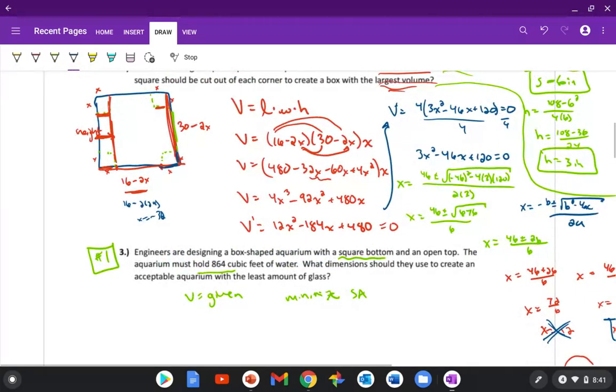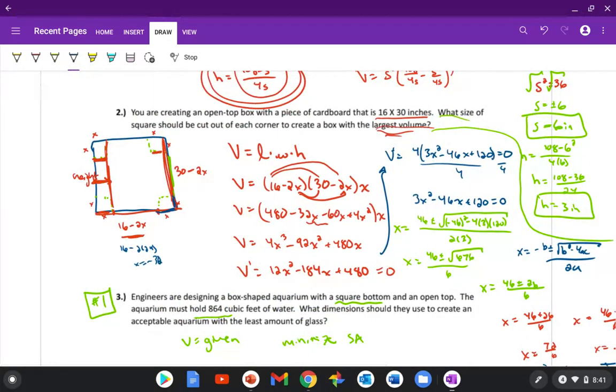All right. You do not have a similar one to this one, but I wanted you to at least see one like that because it is possible you might see something like that on the AP